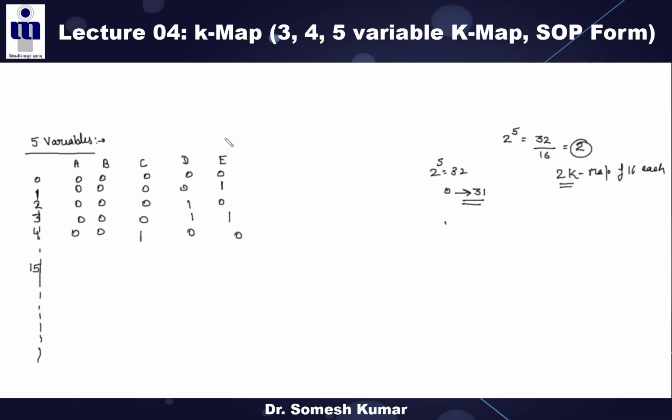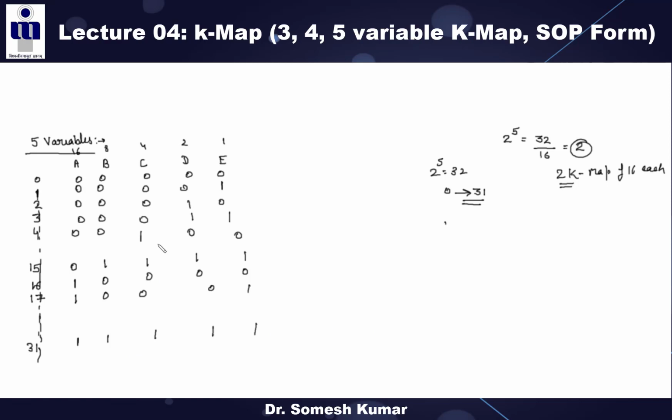Can you please tell me? You can write here 1, 2, 4, 8, 16. Now which one is 15? Which one is 16? Can you please tell me? Which one is 17? Which one is 31? Right? Means start from 0 0 0 0 0 to 1 1 1 1 1, all ones, right? This is the maximum possible combinations, right?